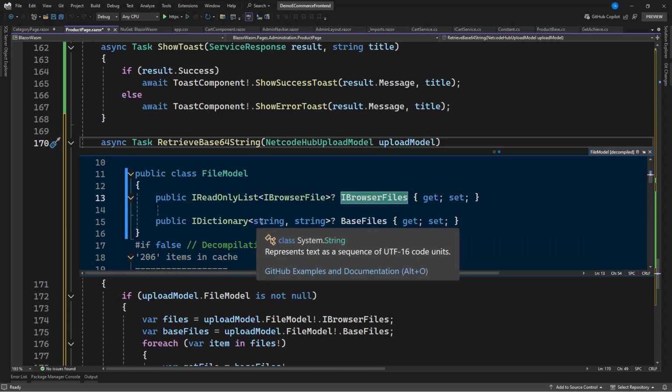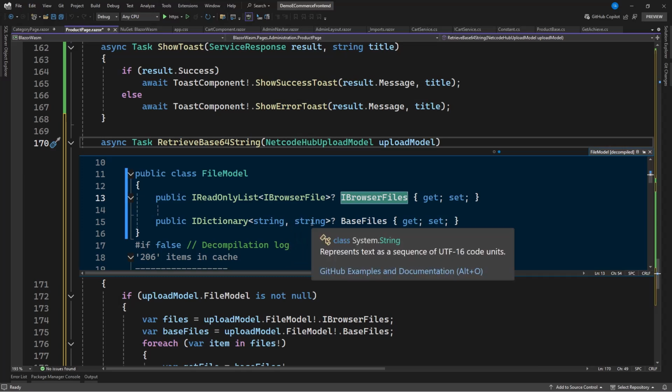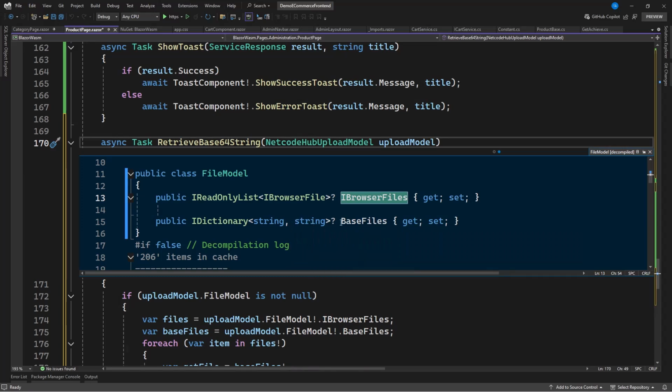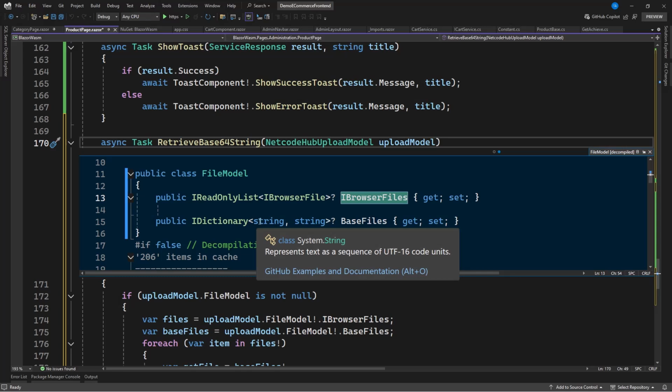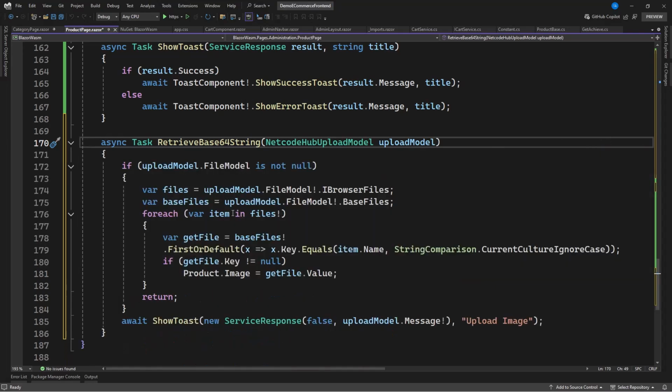So it can be stored here. So we can use the name of the file to get the value. The value is going to be the base64 string of an image, whilst the name here is going to be the key. So if you want to grab the base64 of an image, we need to use the key to loop through this list and then get it. And that is what we're doing here. We see from here, we're looping through these files. This file here is from this base file. From this base file, we're looping through that. And I can see from here, we want to get the first or default by the key, which is coming